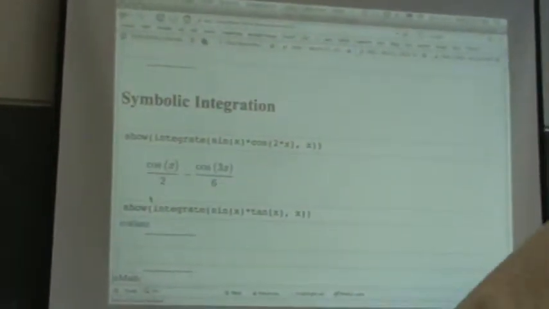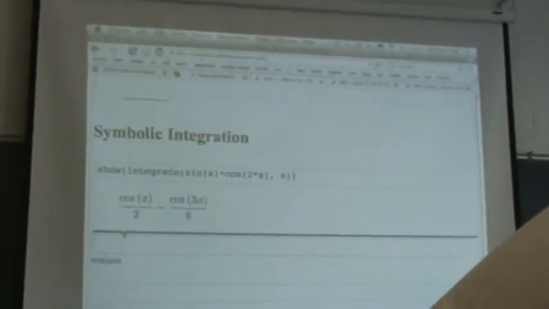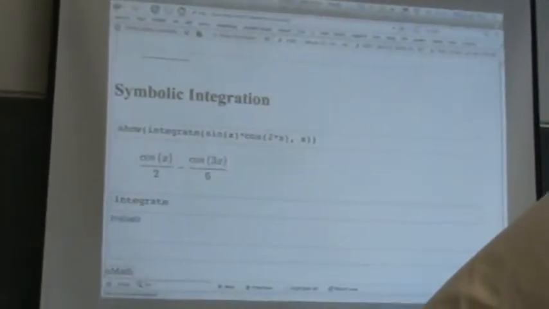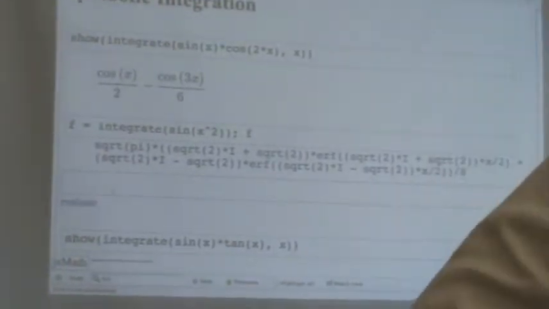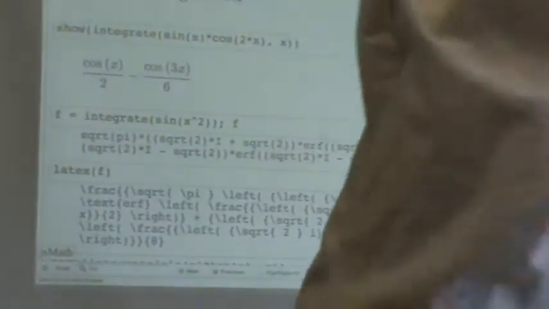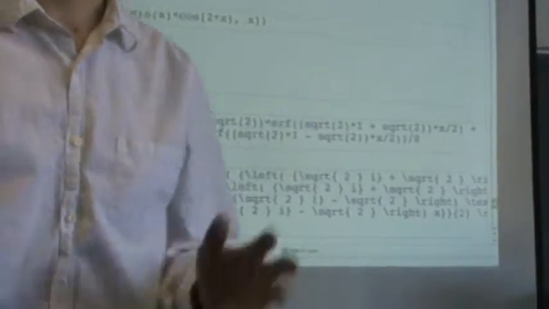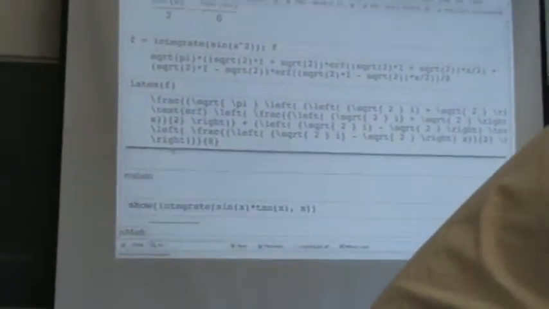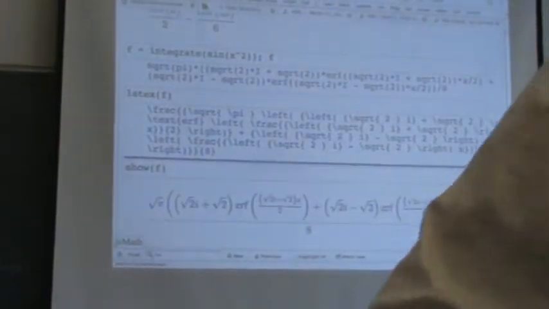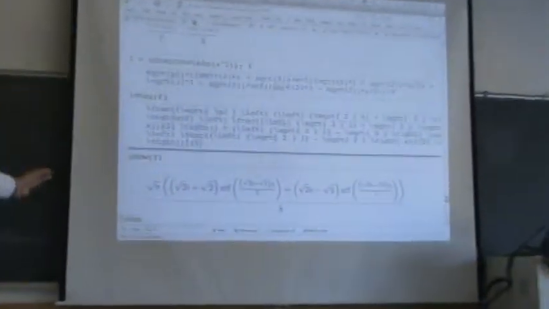You can also give in anything in Sage. Here's a really scary looking integral in Sage at least. So that looks pretty painful. Imagine if you had to type that into a paper. Fortunately, you can say LaTeX of it, and it just gives you the LaTeX that if you paste it in, it'll look good. How does that look? It looks like this. So, yeah, it's readable.